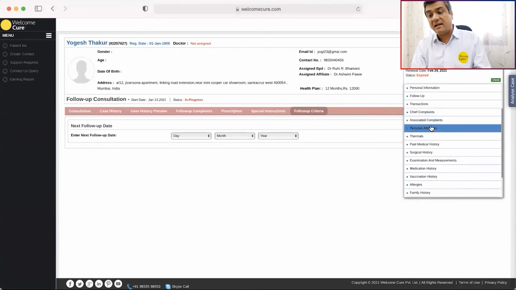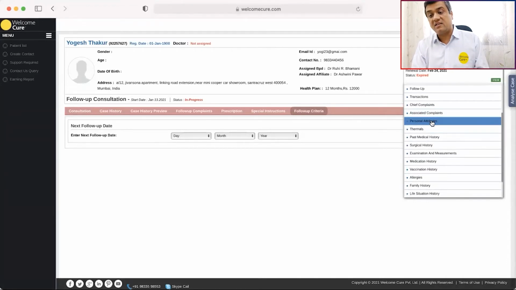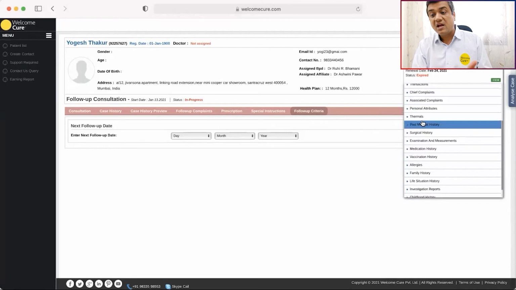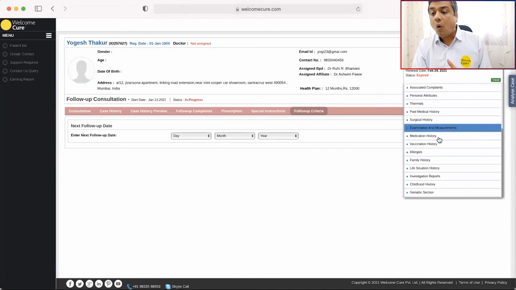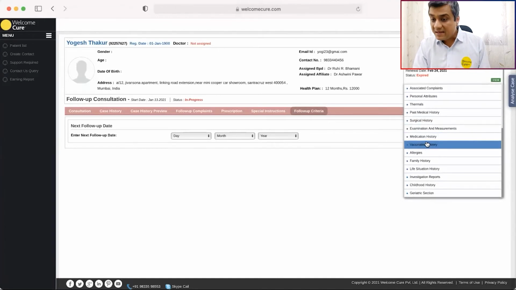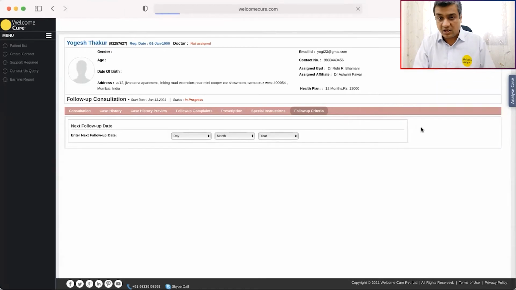Medically, the chief complaints, the associated complaints, the personal attributes, thermals, past medical history, surgical history, examination and measurements. All of this is here. Now, let me just go in few sections to quickly show you. For example, if I go in examination and measurements, okay? So you will be able to see here that you are able to take certain vitals of the patient and just record it online, and this is going to be with you lifetime safely on Amazon cloud servers.